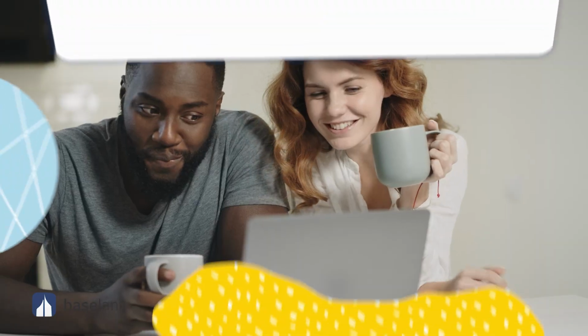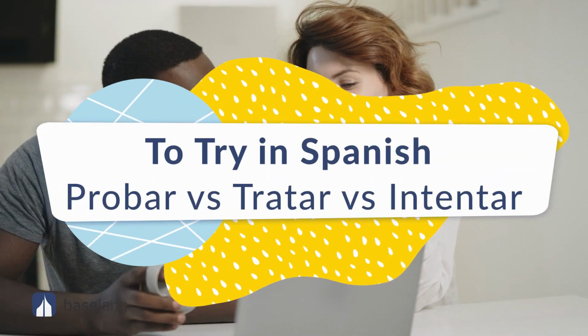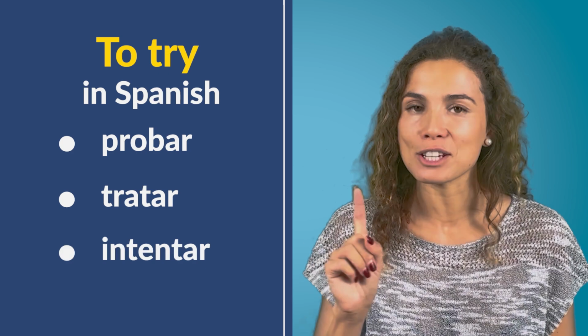Do you know how to say to try in Spanish? Is it probar, tratar, or intentar? In fact, all three of these Spanish verbs translate as to try in English, but each one has its own